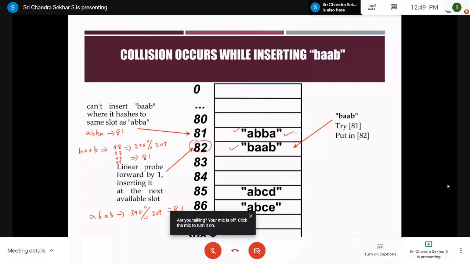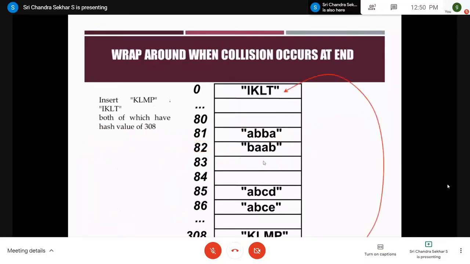Here also you find that BAAB is already occupied in the location 82. Again, you go for another location, that is 83. Therefore, you can store the element ABAB here. Right? That's the meaning of this linear probing, where you have to probe in a sequential fashion one by one. And this is one example which I want to discuss.